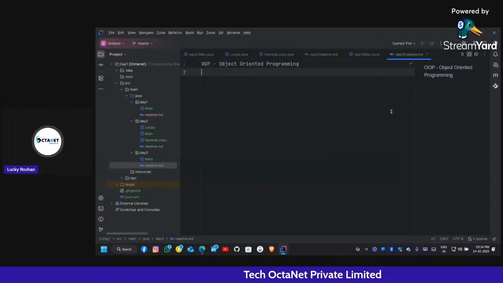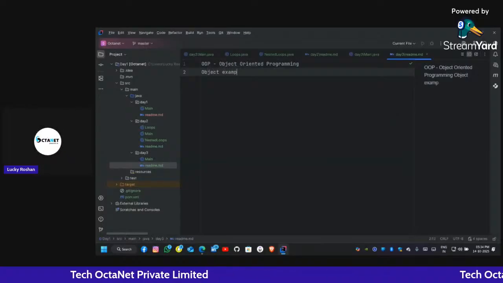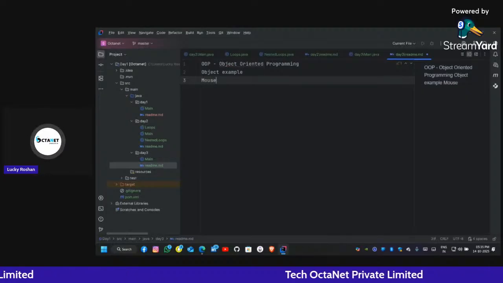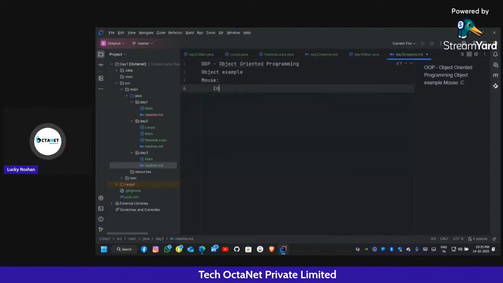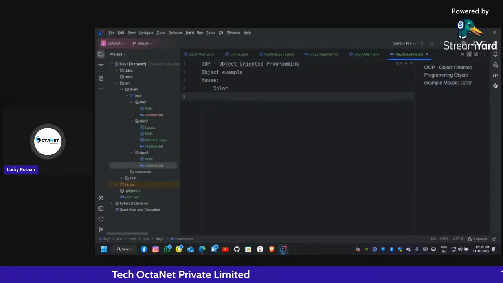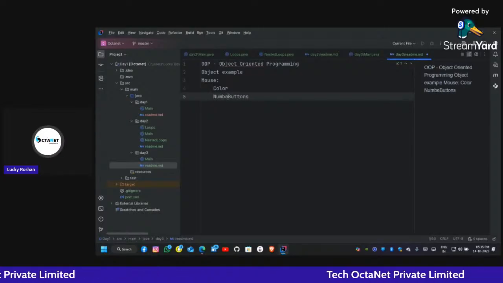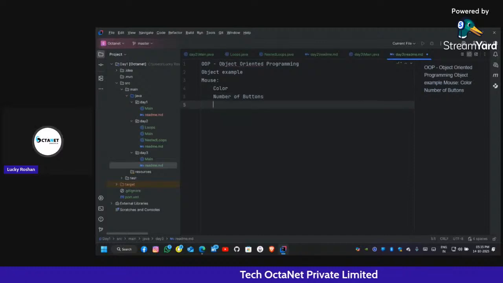So let me write it. Object example. Let it be mouse. So what are the properties? Mouse has a color. Mouse has buttons, number of buttons. Then mouse has a length.